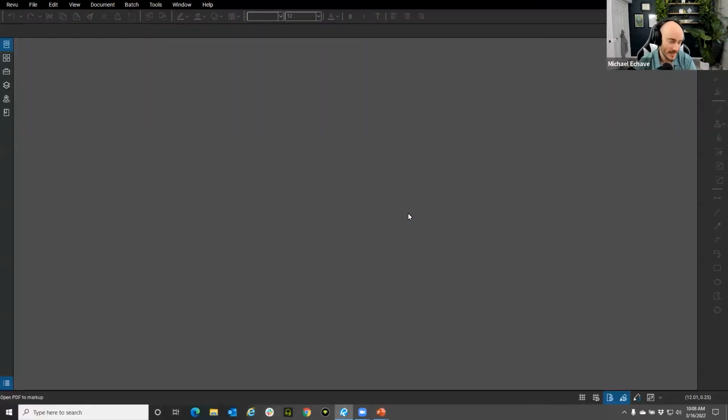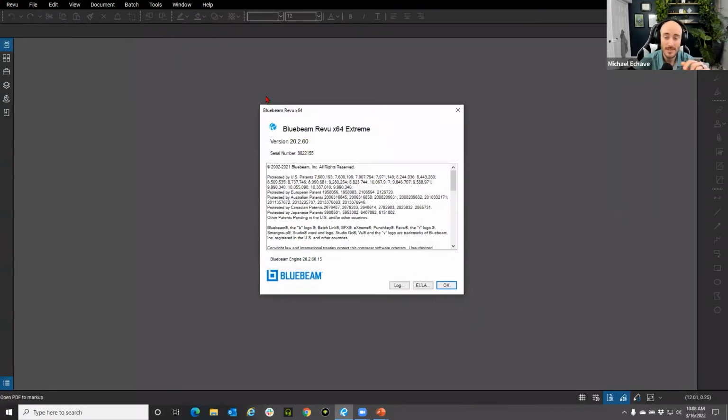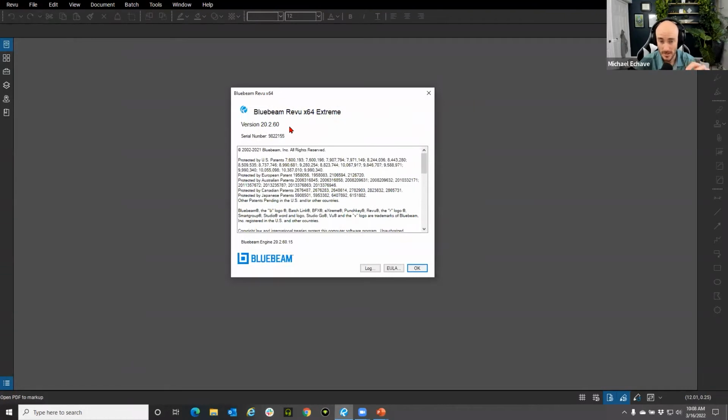I'm currently in the most up-to-date version of Bluebeam Review. And if you do not know what version you are currently in, you can always go up to the top left, go to About. So under the menu bar at the top, you have About. And from About, you have what type of version you are currently using. I am currently in Extreme and I have